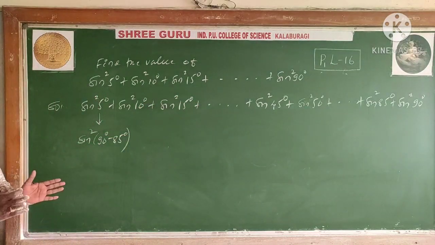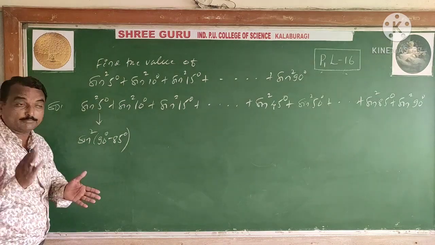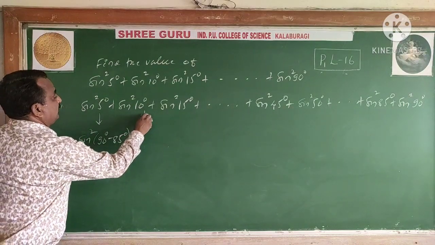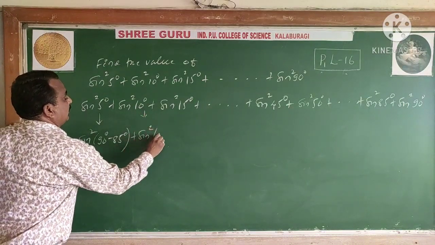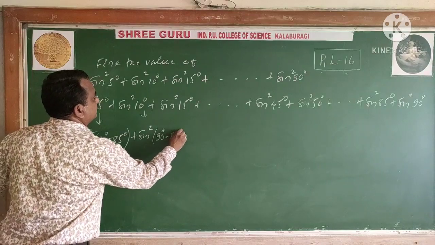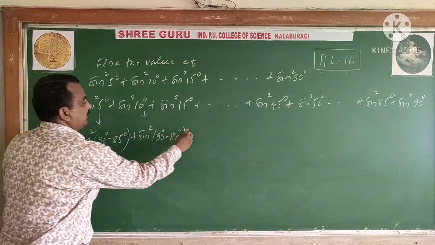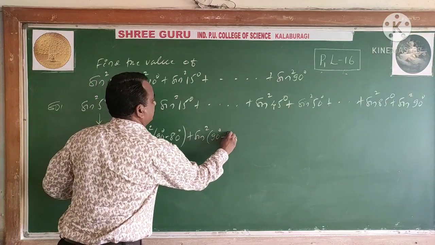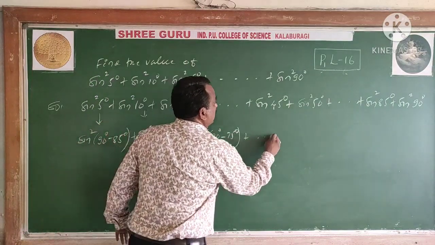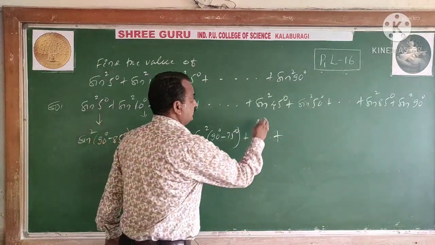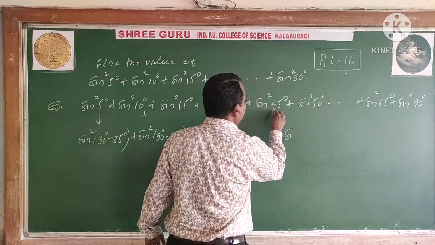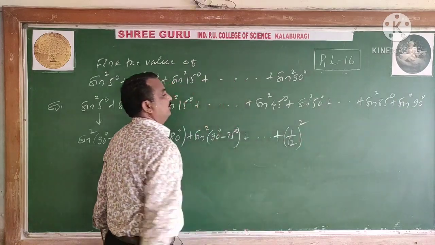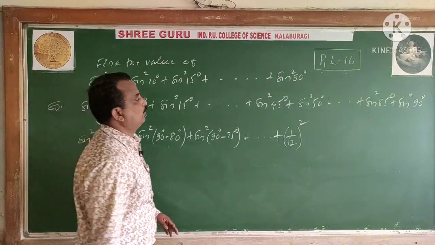That becomes making the pair: sin square theta plus cos square theta in terms of pair, such that it is the identity sin square theta plus cos square theta. So I write this as sin square of 90 minus 80. Is it possible? Similarly, this one also is sin square of 90 minus 75, and so on. Like that, converting. The sin square 45 onwards remains as it is. You know sin 45 is 1 by root 2, so its square is 1 by 2.